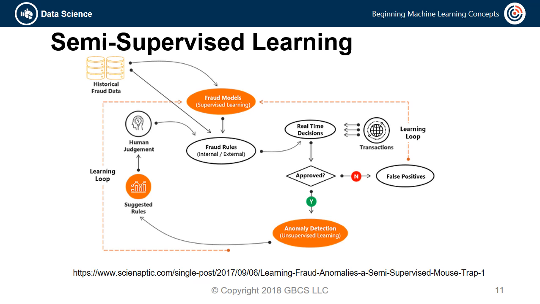All of the approved transactions then get fed through a secondary model, an anomaly detection model based off of unsupervised learning algorithms that will now suggest more rules of fraud for humans to judge and decide to add to the rules or not. For example, say that you are buying a shirt from a mall that you have never bought from. Your transaction from your card is approved since you do have the funds to pay for the shirt, but